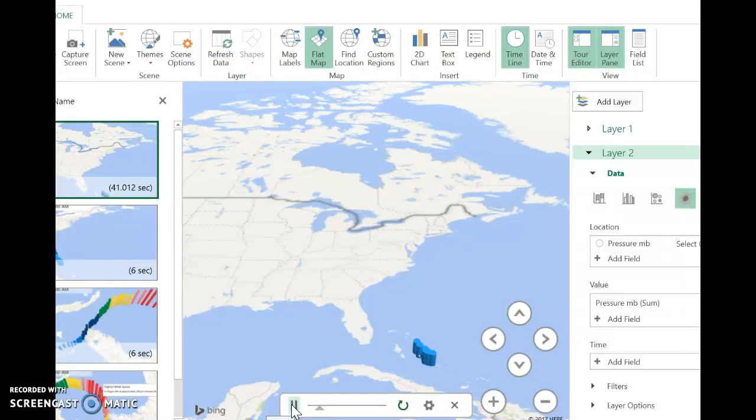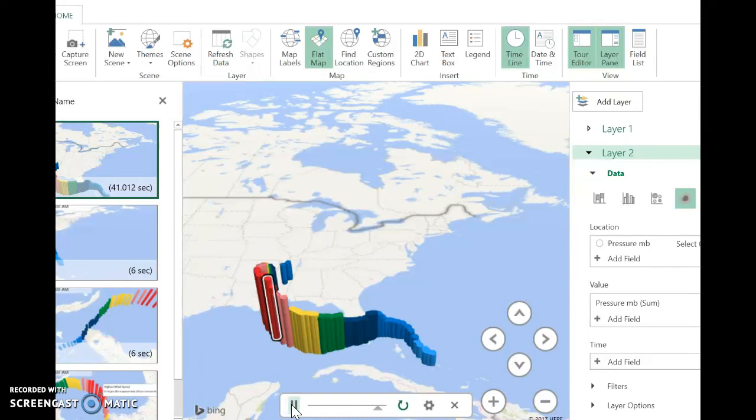It shows the progression of the hurricane over time. So there it is, class,